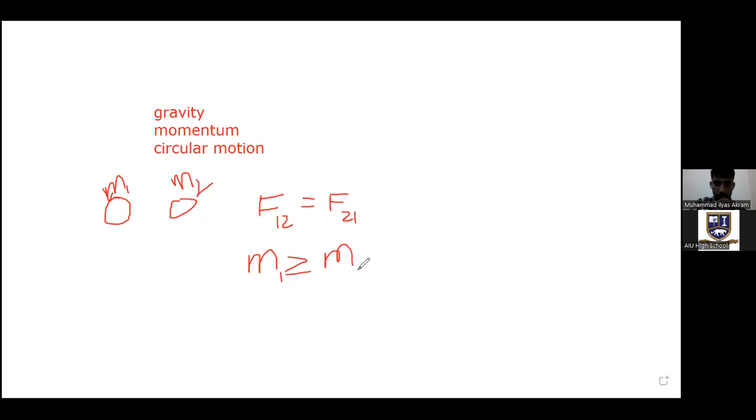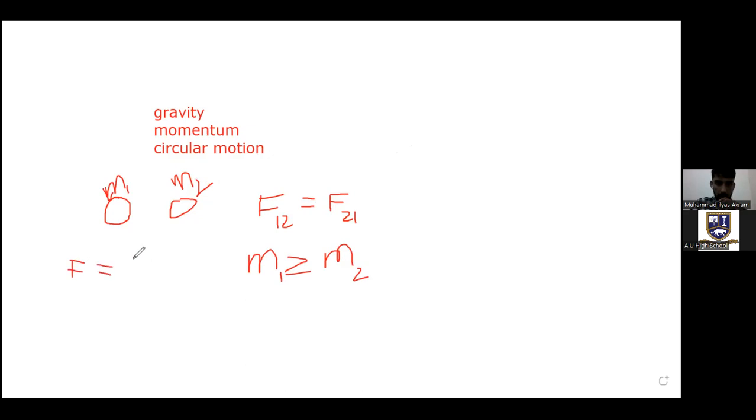Mass 1 doesn't have to equal mass 2. Mass 1 can be larger than m2 or of the same size, but the forces will always be equal. So the formula that Newton explained about gravity is F equal to